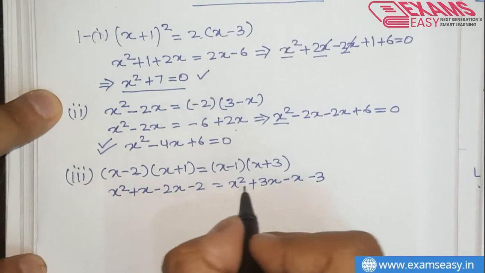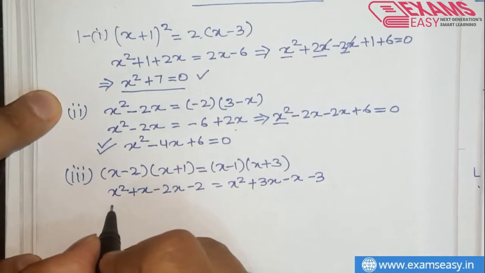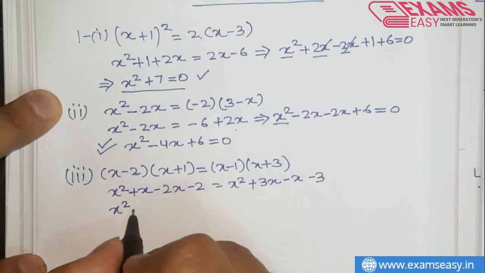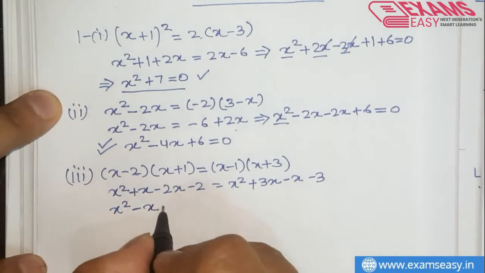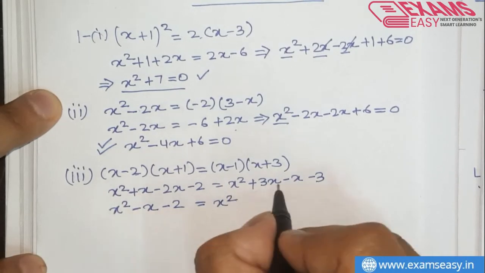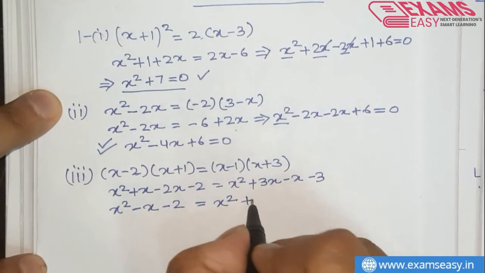Let us solve this on both sides. The left hand side will become x square and x minus 2x will become minus x minus 2 is equal to x square, 3x minus x will become 2x